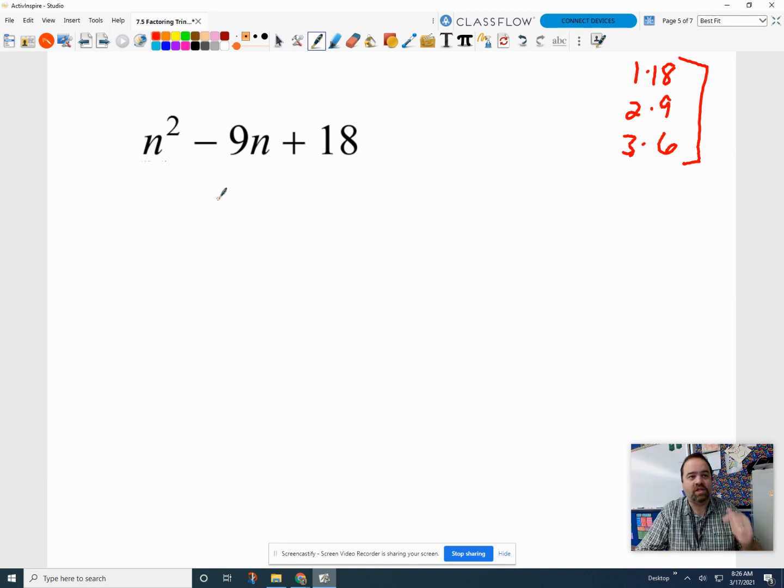Well, now here, this is a little bit different. My multiply to number on the end is positive. So I need a positive number that they multiply to, but a negative number that they add to. Again, with the whole integer thing, if they're both negative, a negative times a negative is a positive, and a negative plus a negative is a negative. So I'm going to use this guy right here, both of them negative. -3, -6. So my -9 goes to -3 minus 6